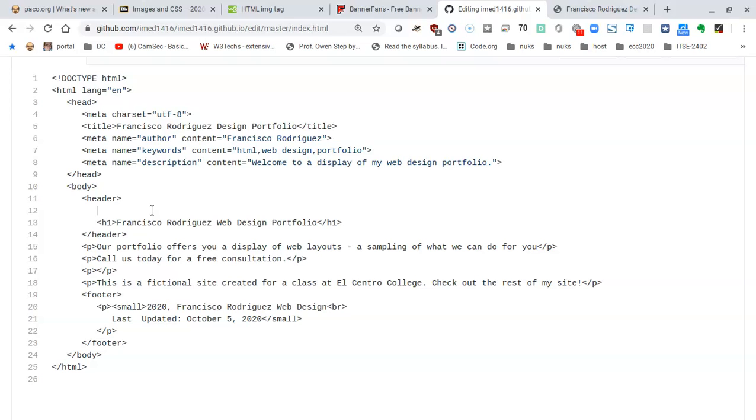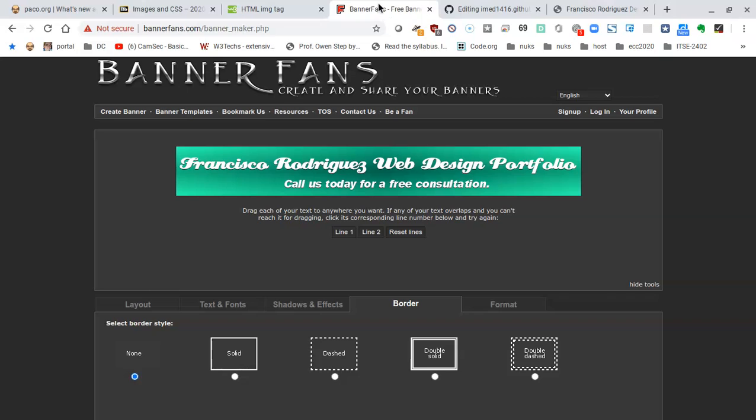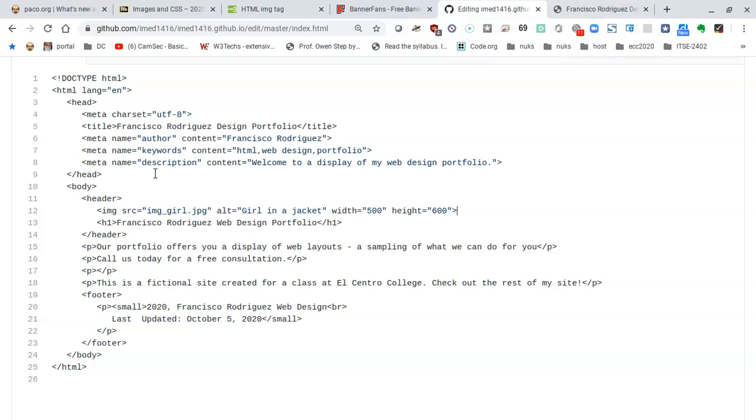I'm going to press Ctrl V as in Victor to paste, and it tells me that, well, you know, that cool code from the other page is going to try to use it. Now, when I saved my file, it was not called girl, it was called my banner. And so I go and change the name of the source used for this image. We have the image tag followed by the source. What do you want to open? And this will not be image of the girl, it's going to be my banner